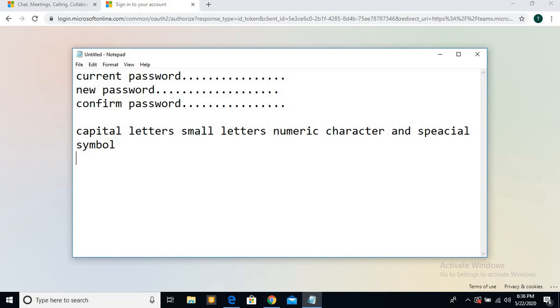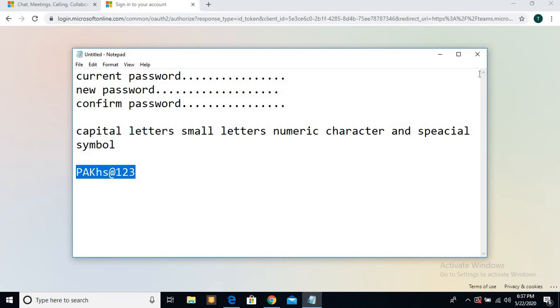Okay, I'll just give you an example. Let's say capital PAK, just as an example, you can choose in that way. PAK, let's say 1 2, or let's say PAK HS in small letters, then an at symbol or any other symbol. I'm using at 1 2 3. So in that way you see a capital letter is there, small letters are there, at is a special symbol, you can use hash also, star also, and the numeric characters are also there. So in that way you can create or set your password.